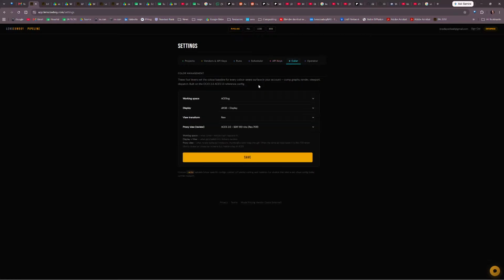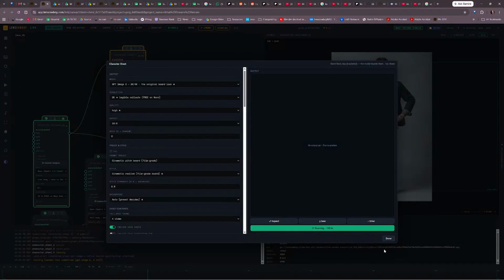The whole system actually has an ACES OCIO spine. So what you can do is set your working space here, and coming soon you can do custom OCIO uploads. That's also going to be available soon. I will touch on the color thing in a minute in Link, which is quite cool. I wanted to also show you